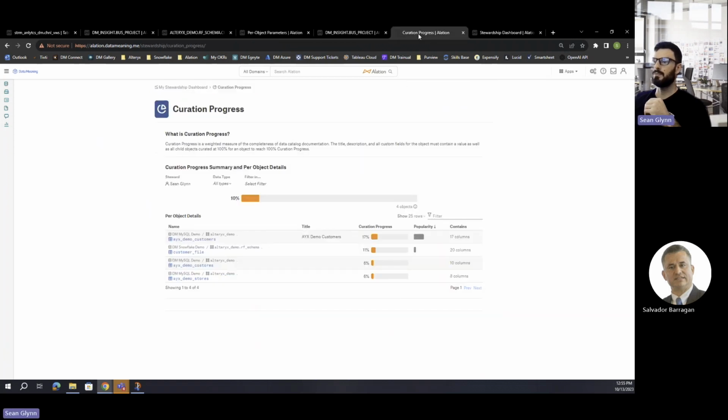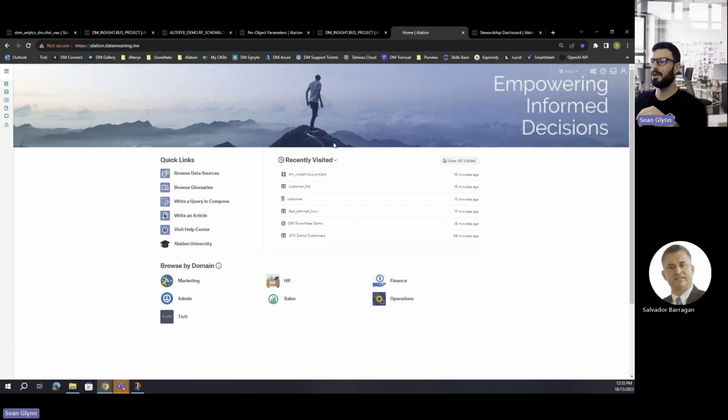Okay, moving along. As you're perhaps one of the head stewards of the Alation site, with a team of stewards helping you build out the content throughout the site, you might want to get a sense of, all right, how much activity is going on? How much progress have we made? Alation's got, and I'll show you how I got to this page,